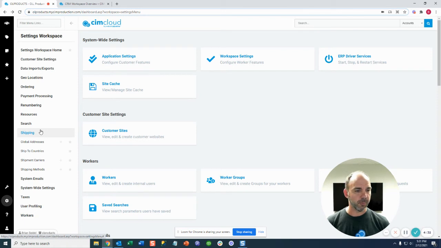Shipping, this is all things related to shipping calculations. It's also setting up what countries you ship to in the order checkout, what shipment carriers you have, which ties into shipment tracking when you sync shipment data over from the ERP, and the shipping methods and all of the logic or calculations for shipping methods when people are going through order entry, what methods they could see, whether or not they're going to see prices calculated,